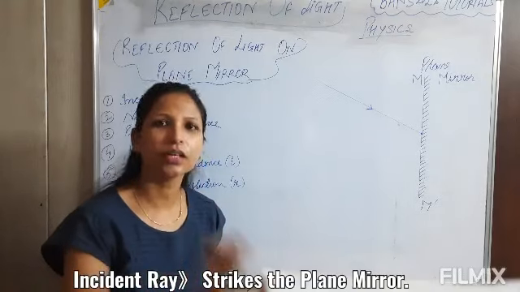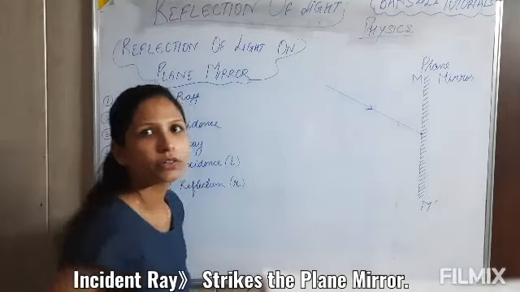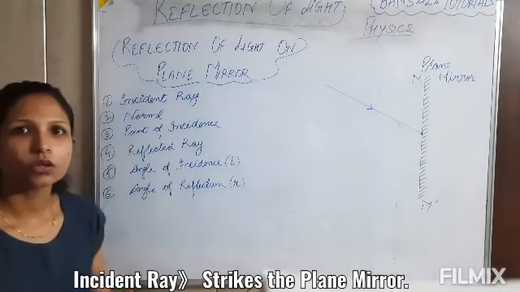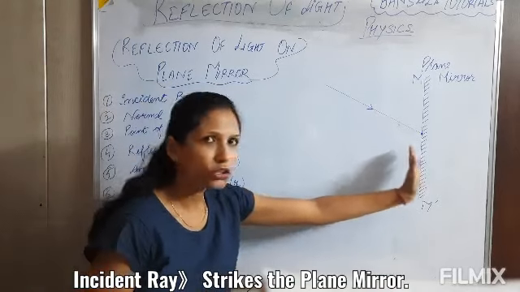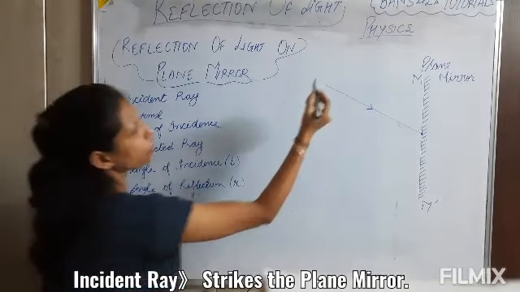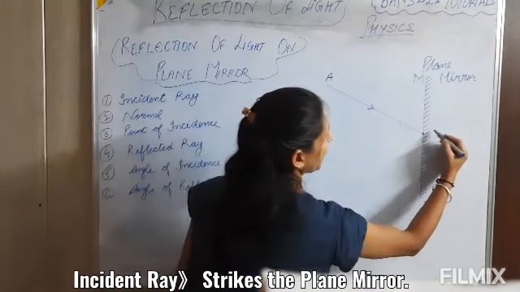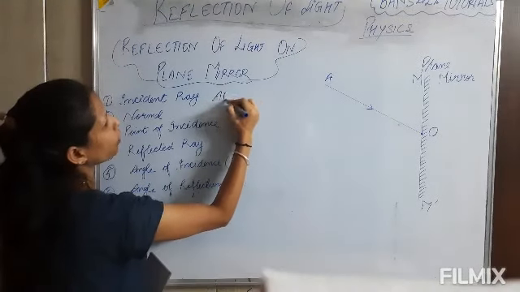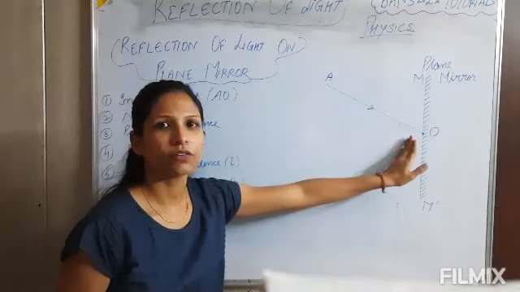It is a major thing in the ray of light. So I have pointed the arrow towards the plane mirror. This shows that this ray of light is going towards the plane mirror. So the ray of light that comes from a source of light and falls on the plane mirror surface is called the incident ray. So I will denote the incident ray as A, and this point I will take as O. So what is the incident ray? It is AO, the light ray that comes from a source of light and falls on the surface.